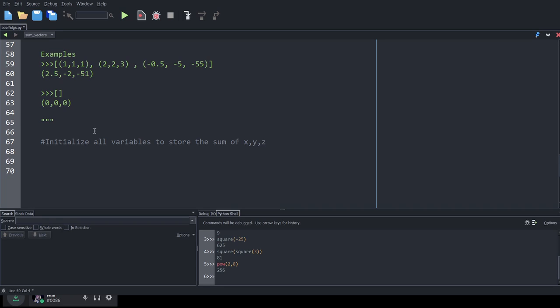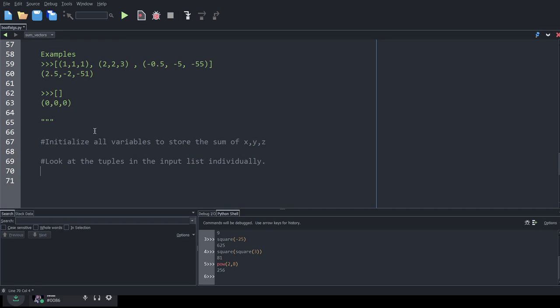Once we have that, we want to think about what's next on the list. If we have counters to hold the x value, the y value, and the z value, those would be the running totals. We're going to want to start looking at the individual tuples inside the list, so let's look at the tuples in the input list individually.